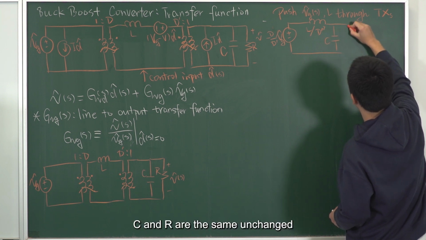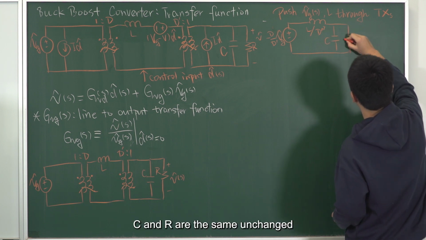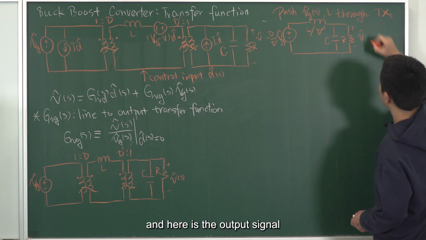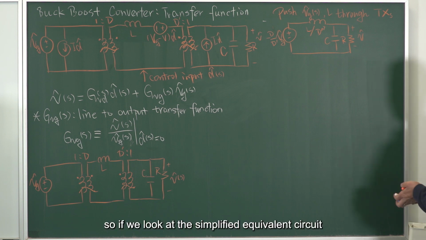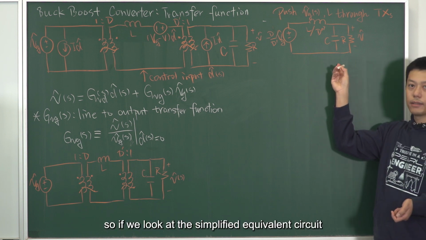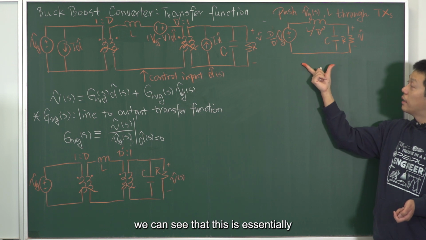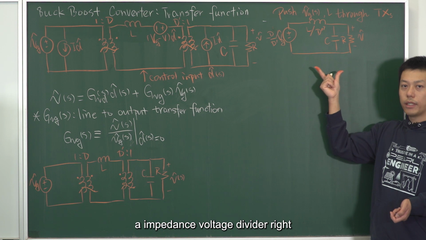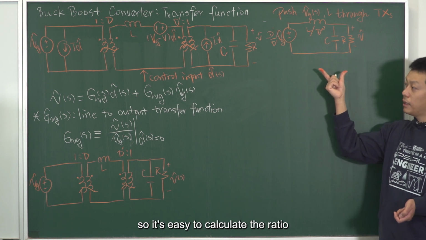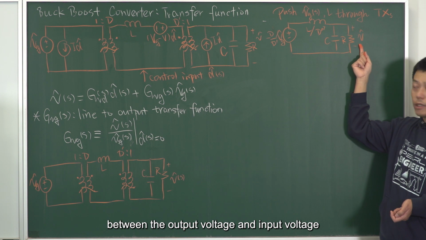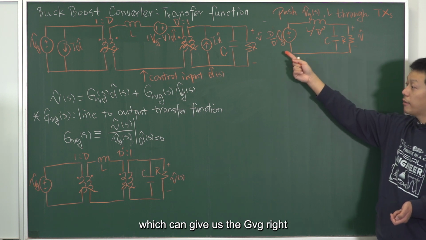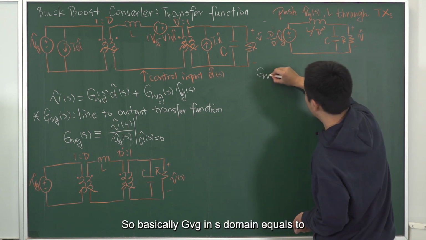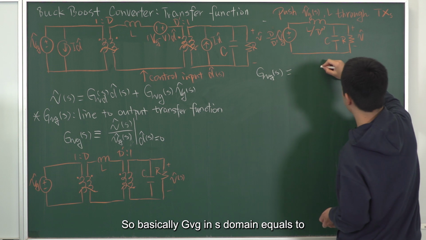C and R are the same, unchanged. And here is the output signal. So if we look at the simplified equivalent circuit, we can see that this is essentially an impedance voltage divider, right? So it's easy to calculate the ratio between the output voltage and the input voltage, which can give us the GVG, right? GVG. So basically, GVG in S domain equals to